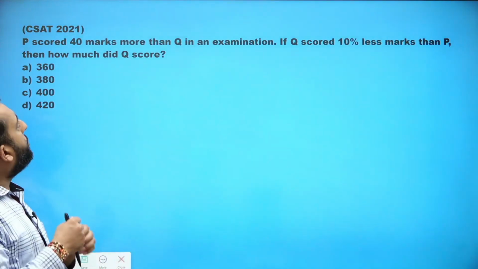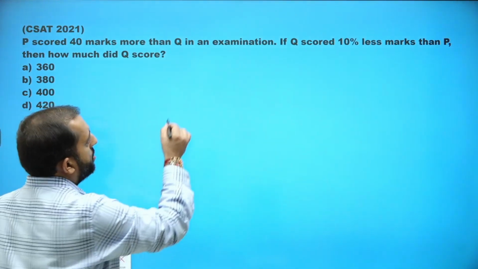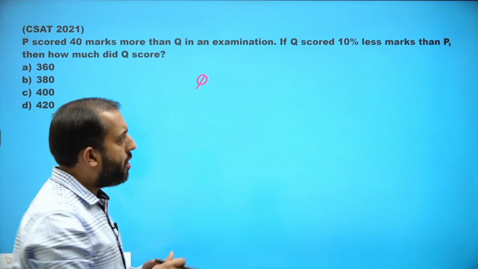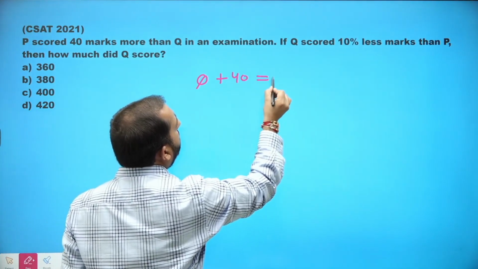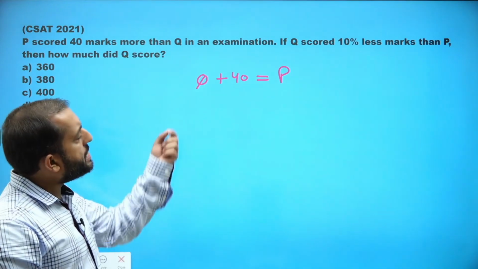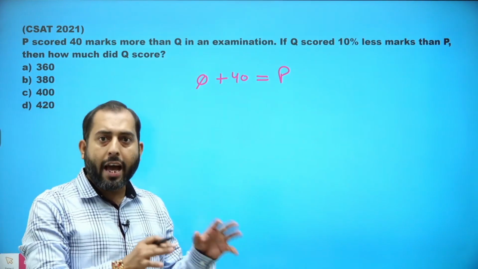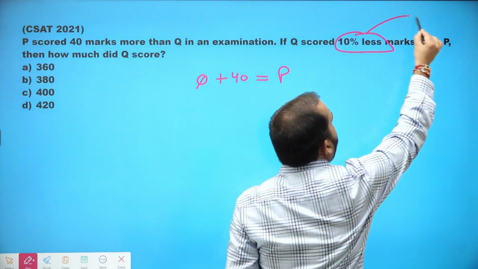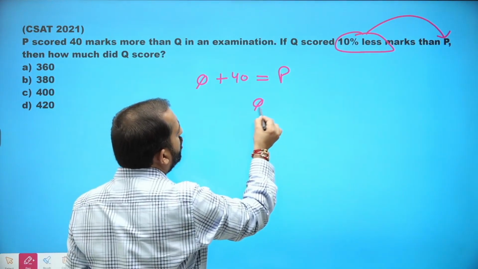This says P scored 40 marks more than Q. So if you assume marks of Q to be Q only, then P's marks are 40 more than Q. This is the meaning of the statement 1. Next statement says if Q scored 10% less than P. Now try to understand, 10% less than P. Okay, so Q should be equal to